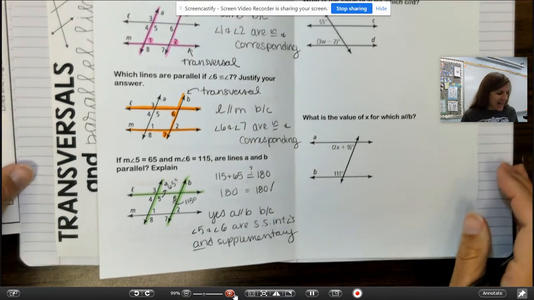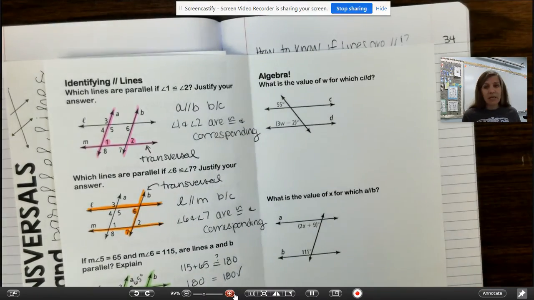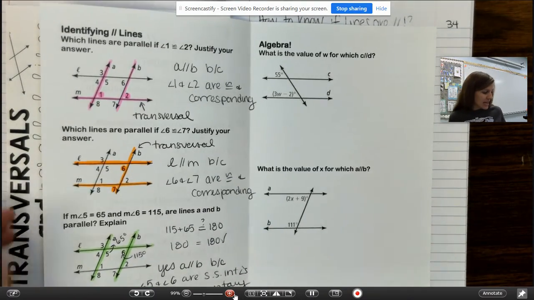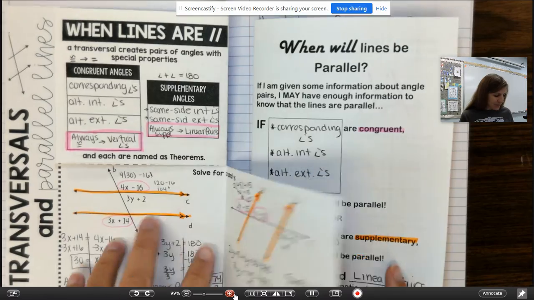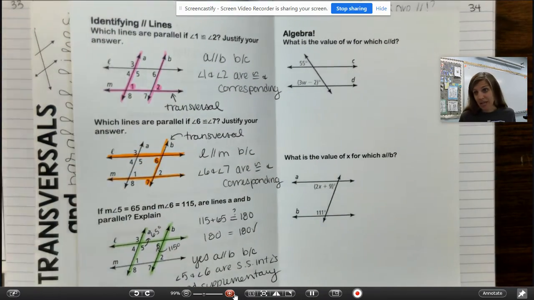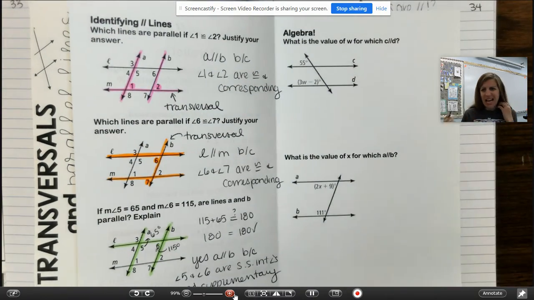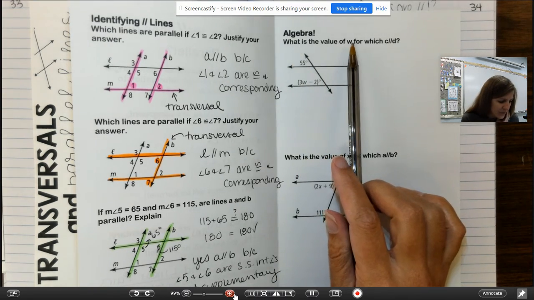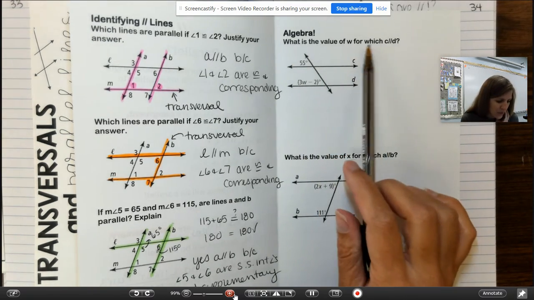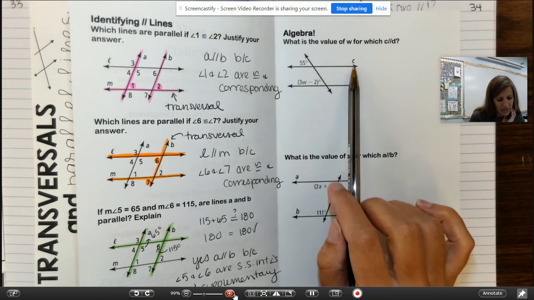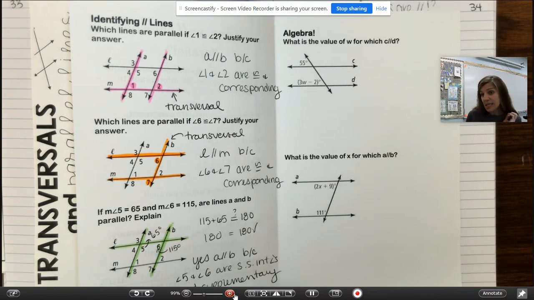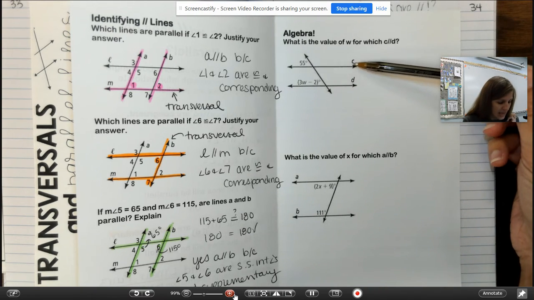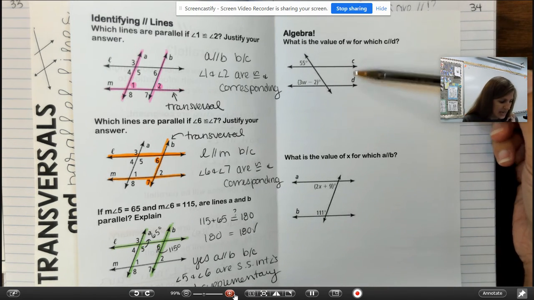Okay, cool. So some algebra problems we can do with this are very similar to what we did in the previous little flippy book here. Basically, we look for a pair and we do what they're supposed to do. It just asks the question in a little bit of a different way. So what is the value for W for which C will be parallel to D? So what they're essentially saying is, I want C to be parallel to D. And so to make these lines parallel,